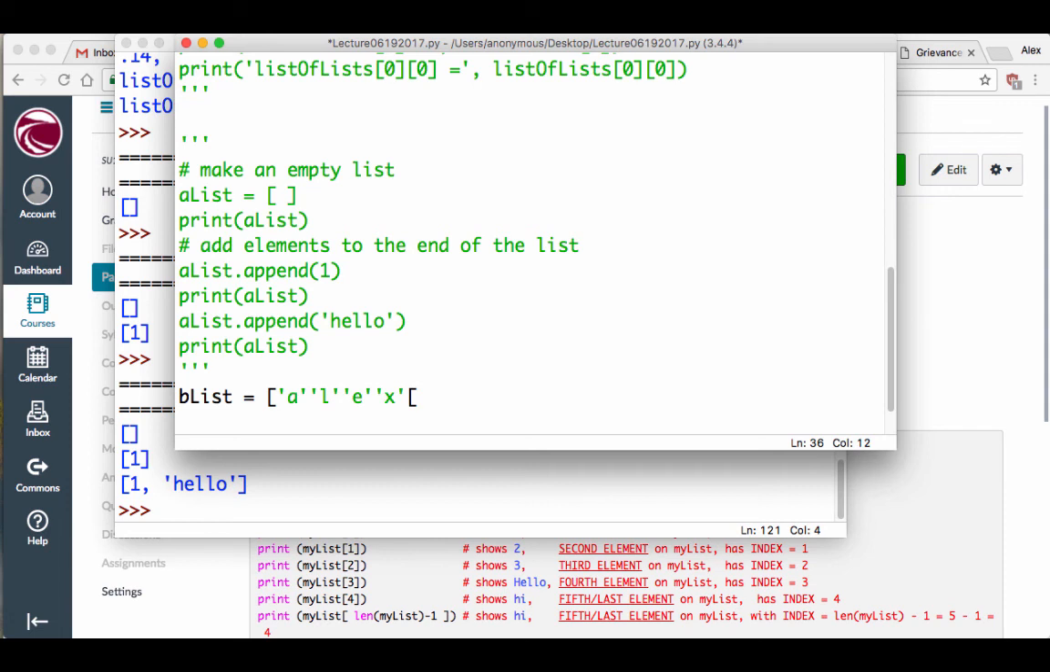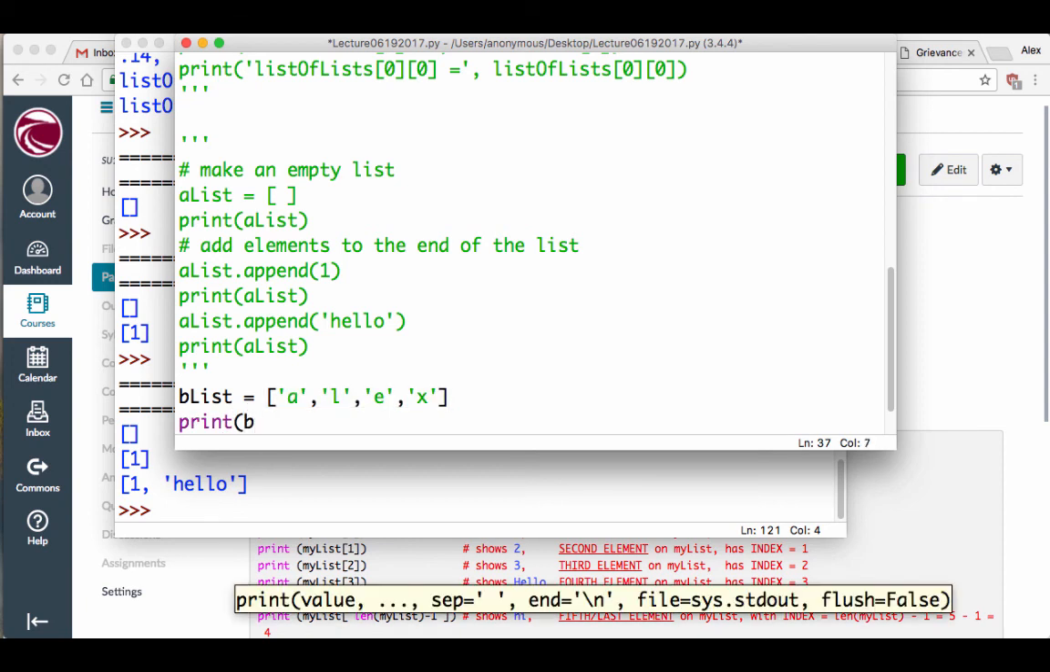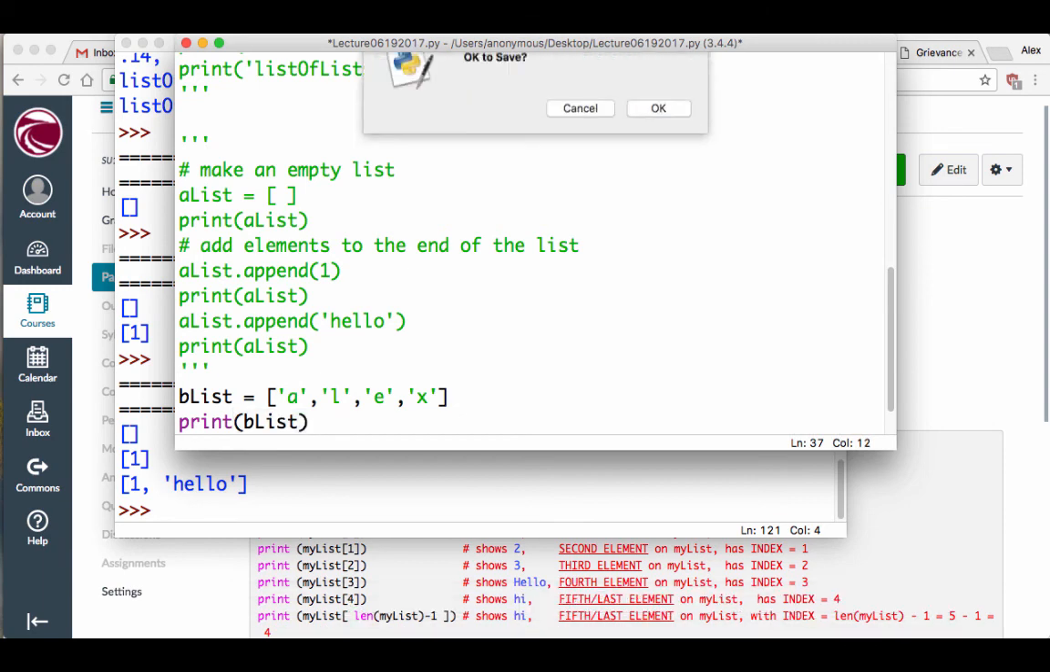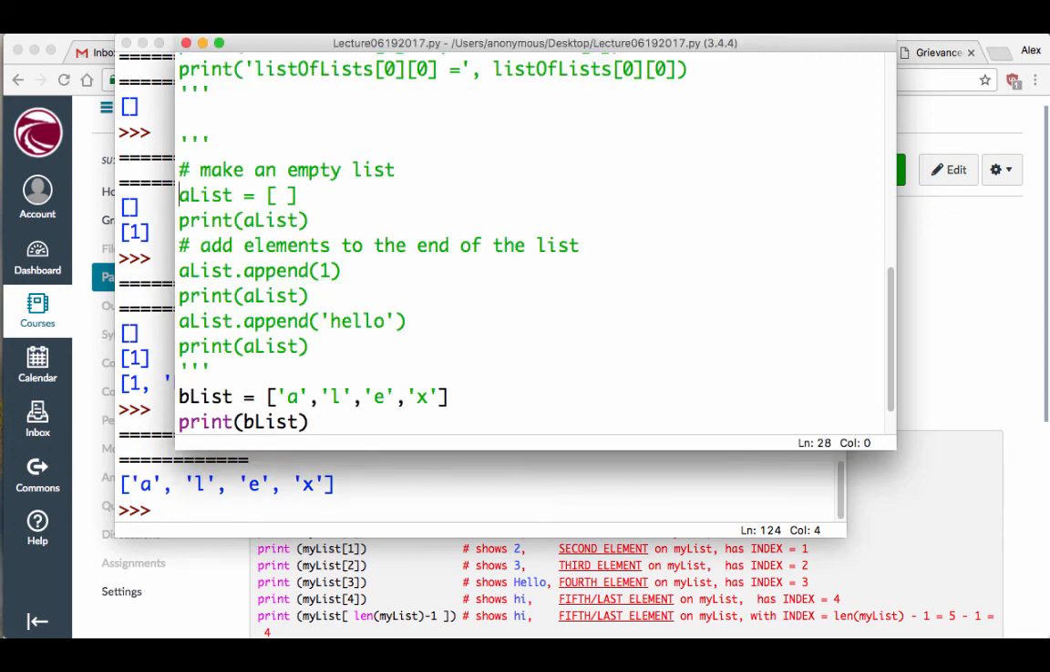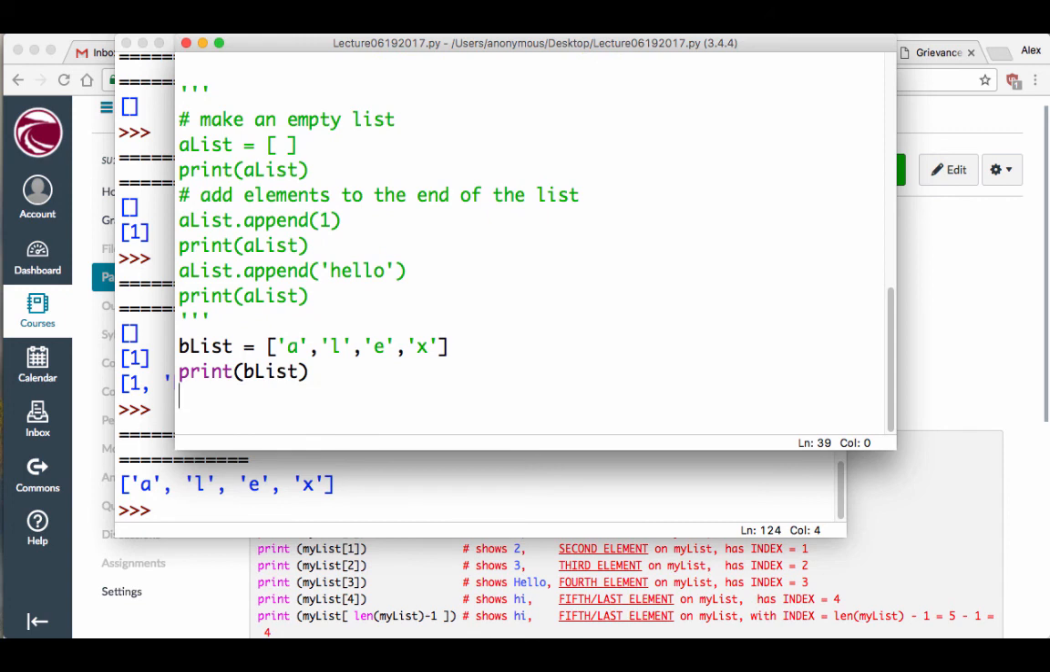And throw in some commas in there. Okay, so that's my list. If I want to show it to you, print B list, run it. There's the list, okay, but I want to change the first letter to uppercase. No problem. I go in there and I do